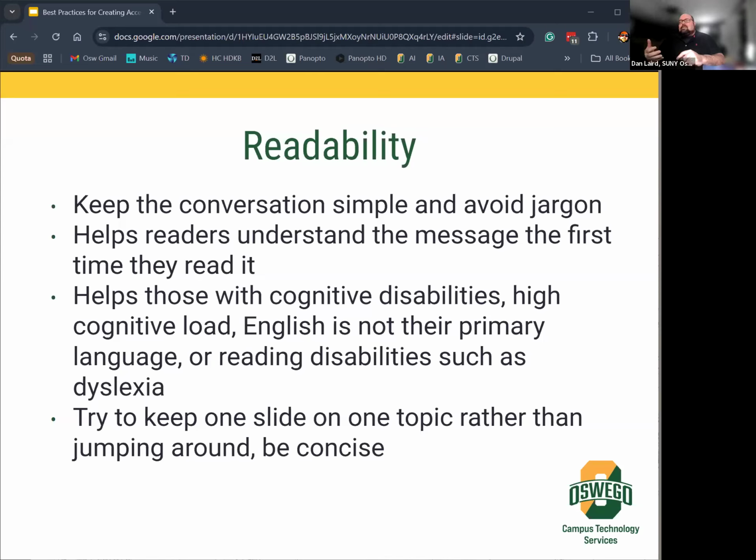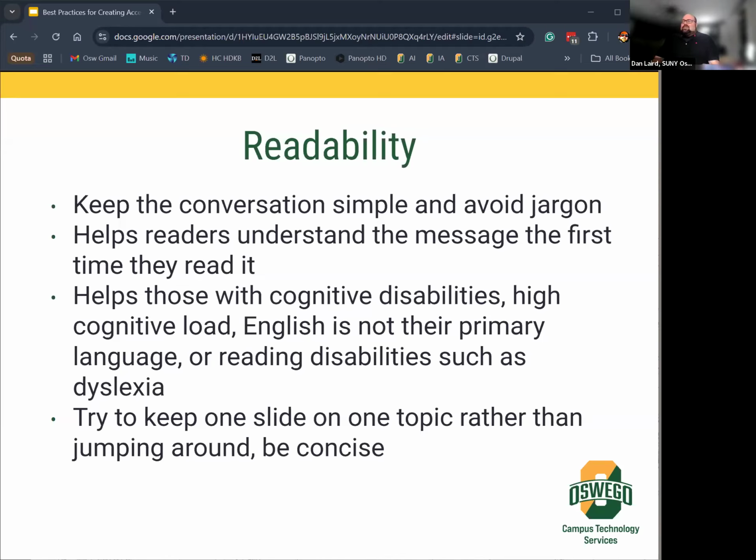And people with high cognitive load, if you're just having a busy day and you're kind of burnt out, it's just nice to be able to read something without having to tax your brain. And if English is not the primary language, that's also something to take into consideration.